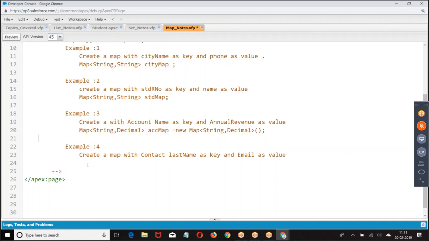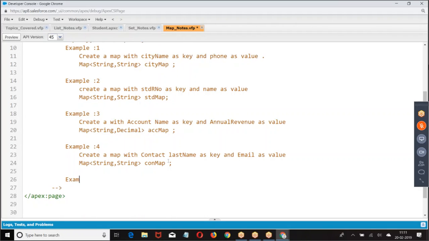Right. Let us take the next one where we have a map with string as key and email as a value. Okay. Next one.